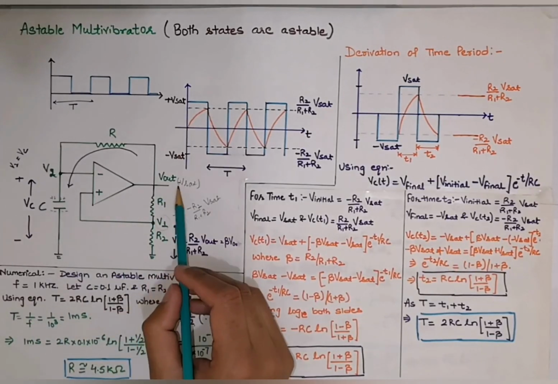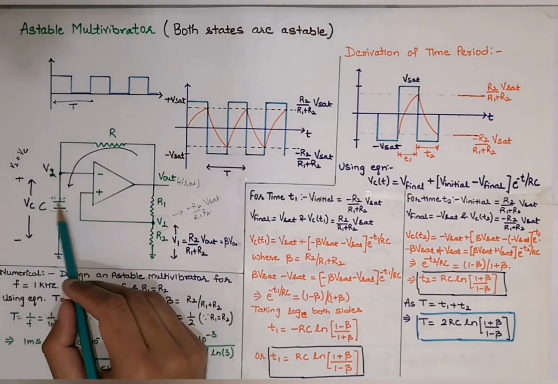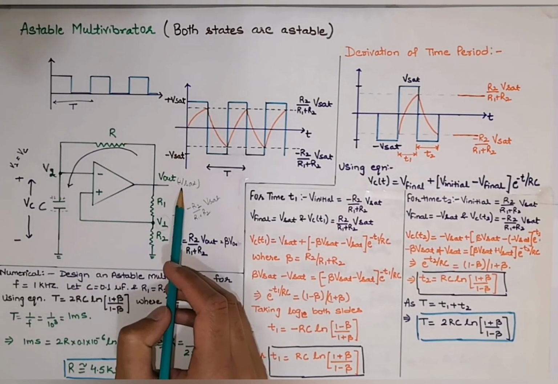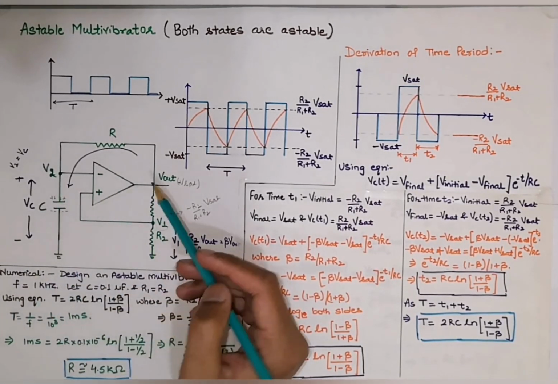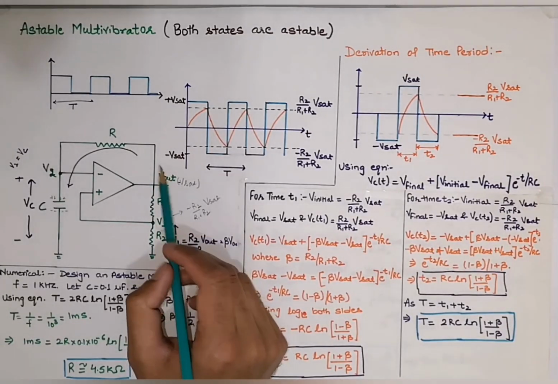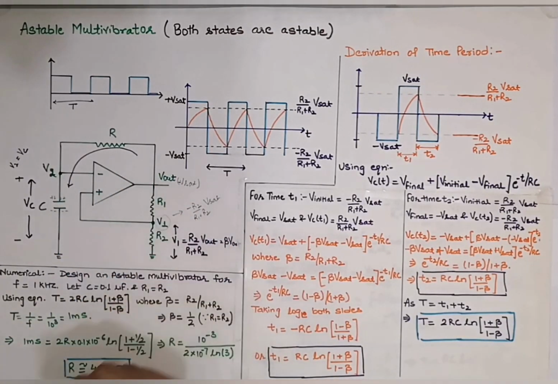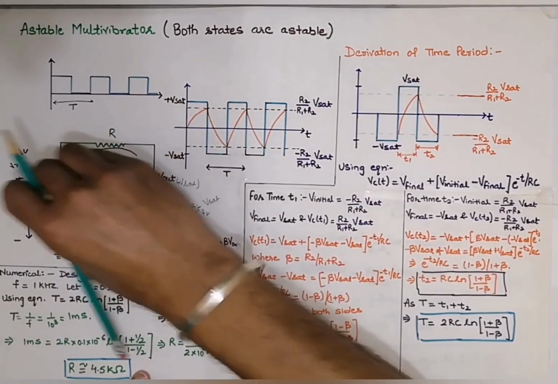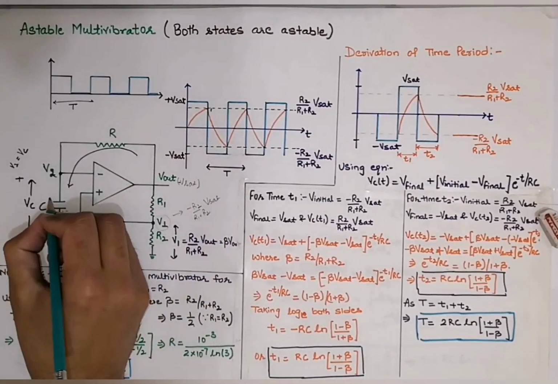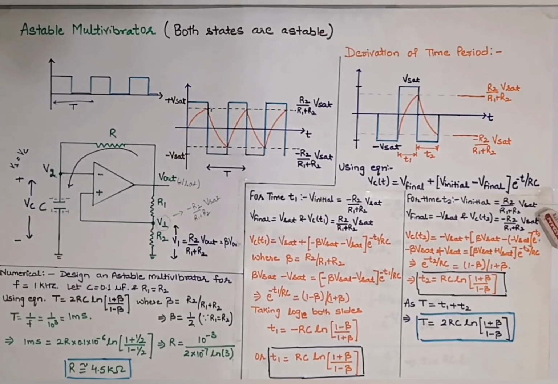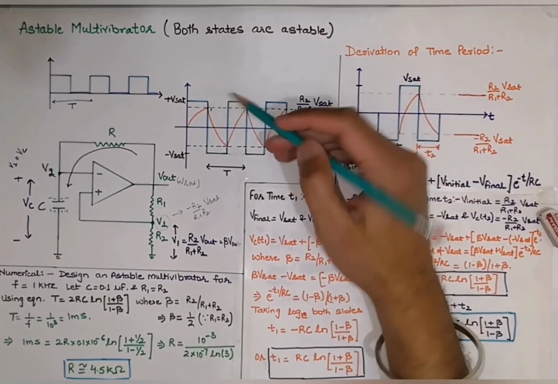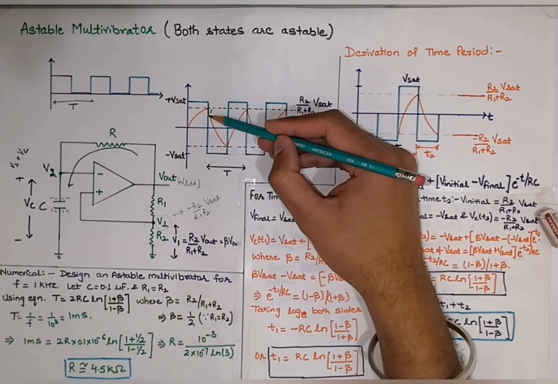Secondly, due to the negative voltage over here, the capacitor which has earlier charged due to the positive voltage will now discharge. So the discharging of the capacitor will be there, or we can say that this voltage will start charging it in the reverse direction, so now here it will be negative and the lower plate will start becoming positive. So this will go towards the negative side and this will be positive. Due to this, the capacitor will discharge, and you can see here the capacitor discharging.